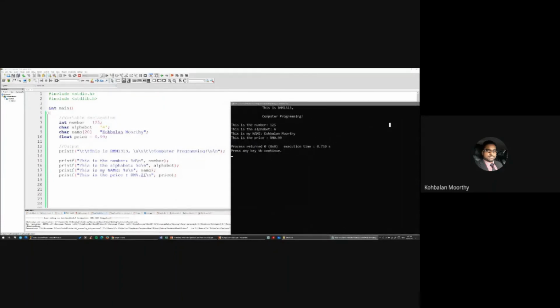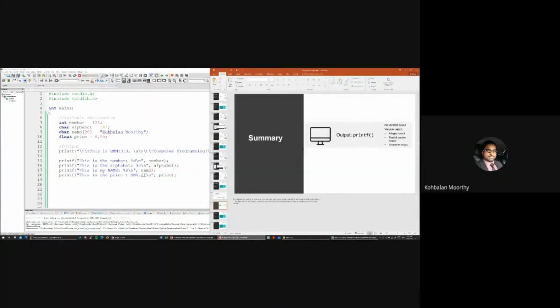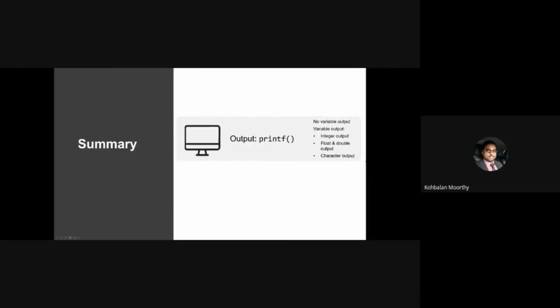Okay, so this is for variable declaration and output. But of course, this output is limited to variables that you have initialized in your code. So what about values that we want from the user? That is where we will continue, and we will look into input. How do we accept